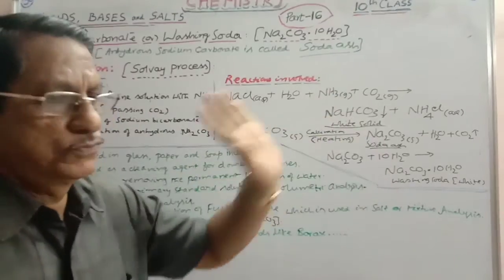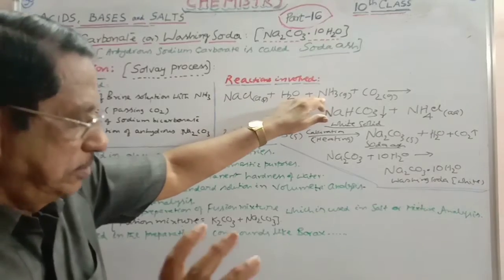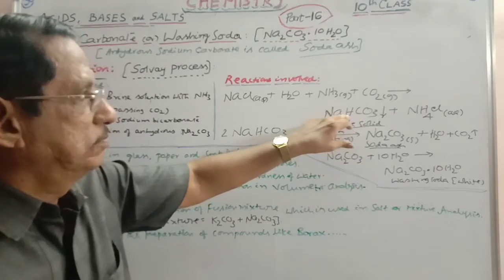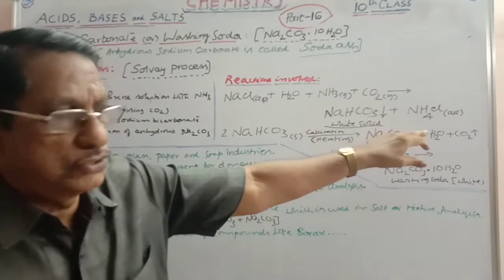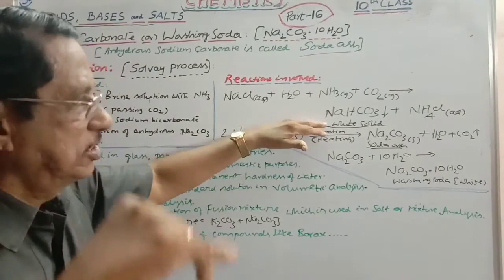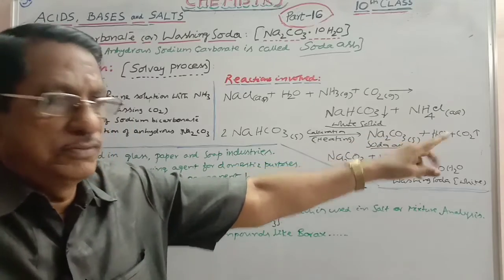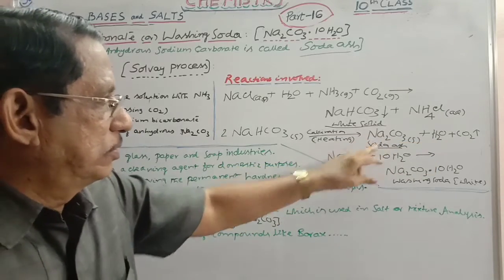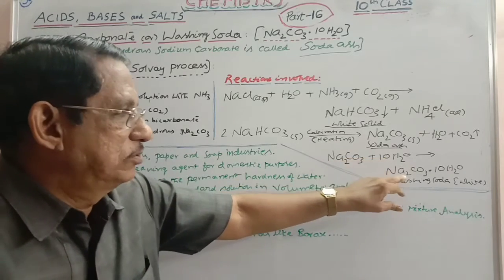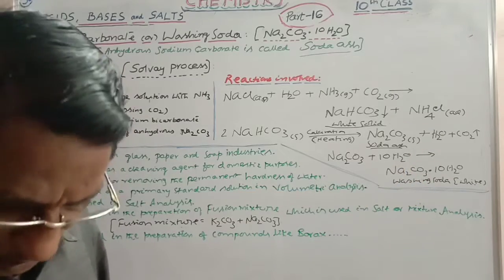These are the equations we can put down. First, brine solution is passed continuously so that it is saturated. Later carbon dioxide is passed, thereby sodium bicarbonate is precipitated. Ammonium chloride remains in solution. This is filtered, separated, and the solid is subjected to heating in a furnace. That is what we call calcination. Thereby it is converted into sodium carbonate. Carbon dioxide escapes through the chimney of the furnace. Sodium carbonate is obtained, dissolved in water and cooled, recrystallization takes place, and you will get white crystals of sodium carbonate decahydrate. Okay, these are the equations you can write.